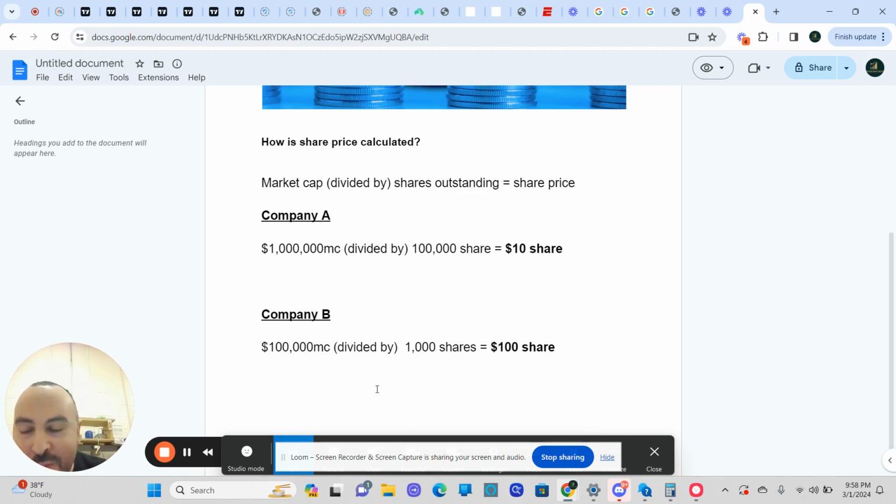Now, someone might look at the $100 a share and think, "Oh, that's super expensive. I don't want to touch that. That doesn't look like a growth stock." When in reality, company B is valued less than company A, even though the share price is 10 times as much, because share price doesn't mean anything. In the grand scheme of things I'm talking about here, it does matter when you take options into consideration, but that's neither here nor there for this. So that's why you want to look at market cap and not share price.